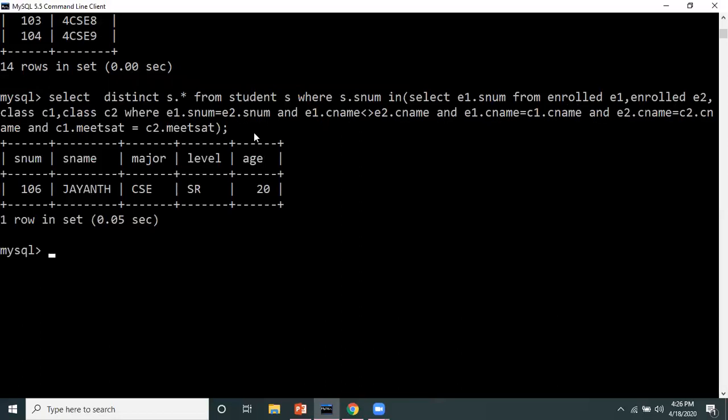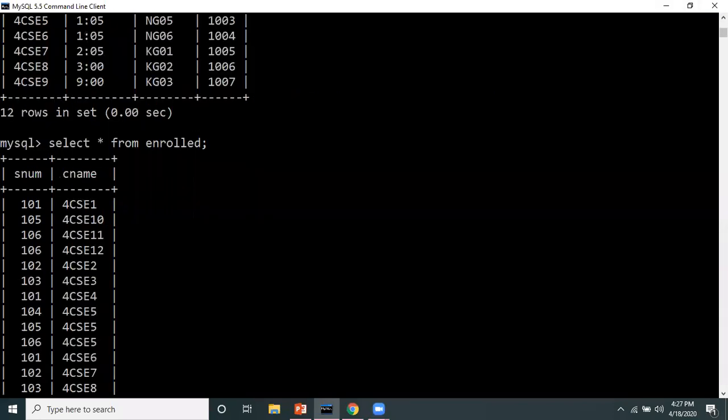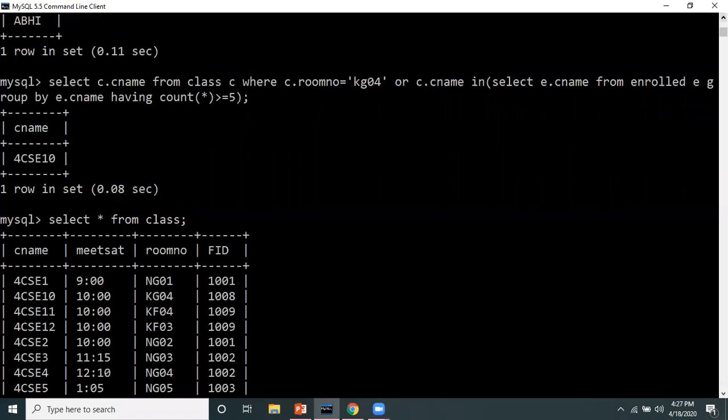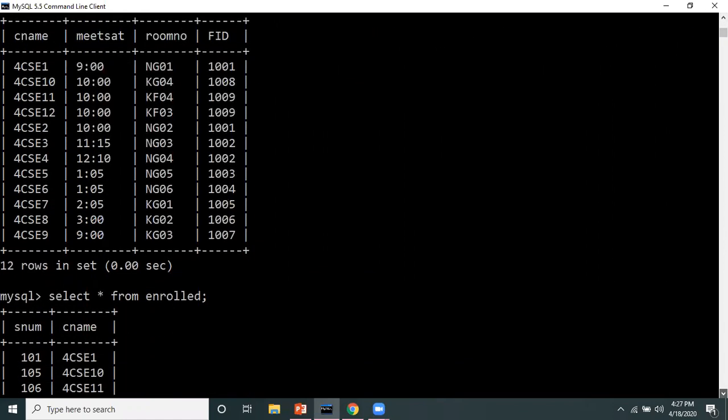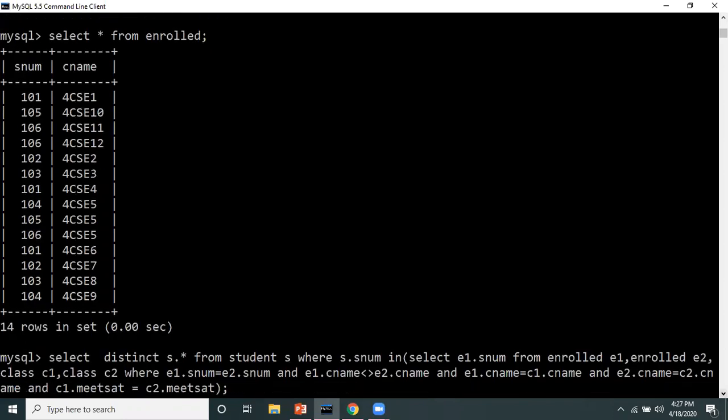If you can see, Jayant is the student 106 who is enrolled for two classes at the same time. So let's see for Jayant what we have done. Let's see the conditions one by one so it will be more clear. E1.snum. So here is my enrolled table.